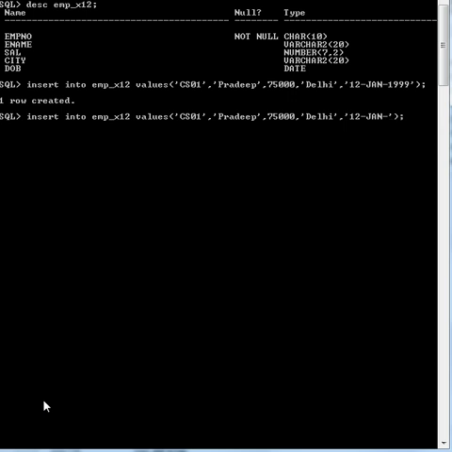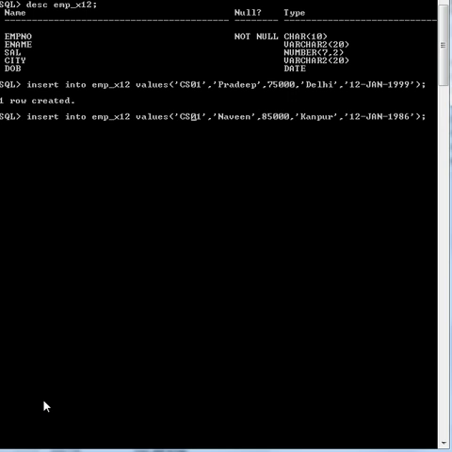Let us see. 1986, instead of Delhi, here Kanpur, instead of 75,000, here 85,000, and let it be CS01.